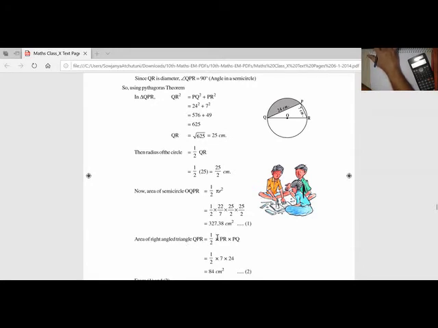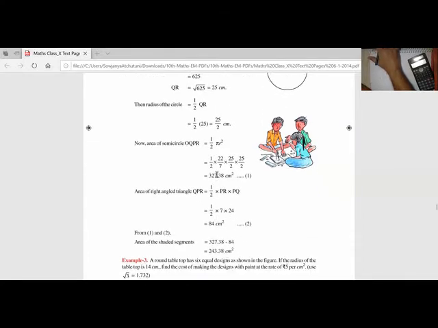Then what is the area of the right angle triangle? Half base into height, or we can use the square root of s into s minus a into s minus b into s minus c, because all three sides are given. Because the angle at P is 90, 7 is the altitude and the base is 24. So 24 into 7 into half is equal to 84. So 245 minus 84 comes to around 161, roughly 159 as computed.